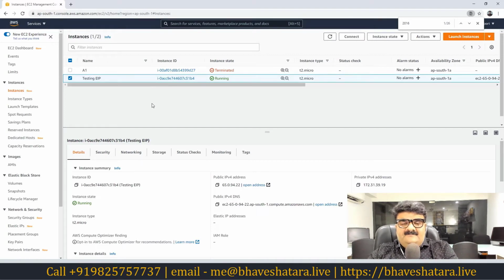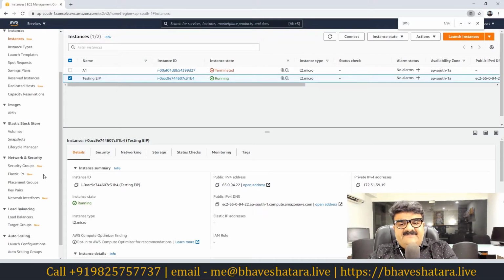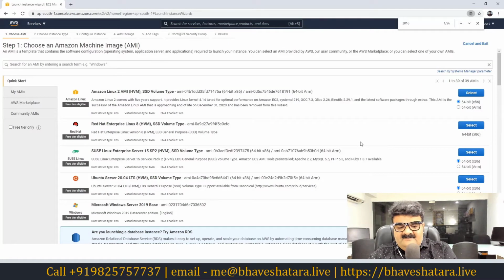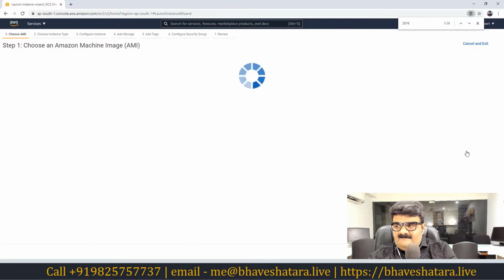First thing I'm going to explain is how you can configure multiple NICs, or network interfaces, and how you can connect to your EC2 instance, and then we'll talk about this public IP address, and then Elastic IP. So this will be the scenario. I may need another PC, so let me create another EC2 instance. Launch instance and 2016, next.